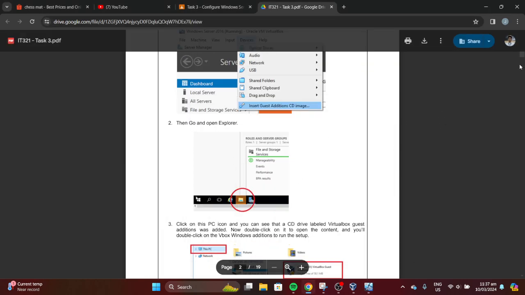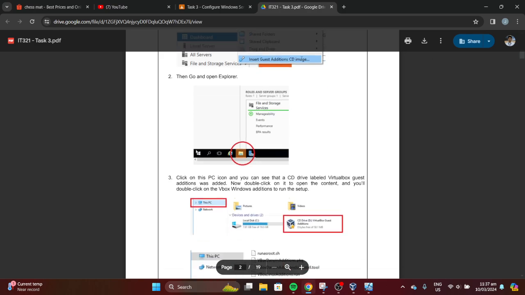Then go, insert. Then go and open Explorer.